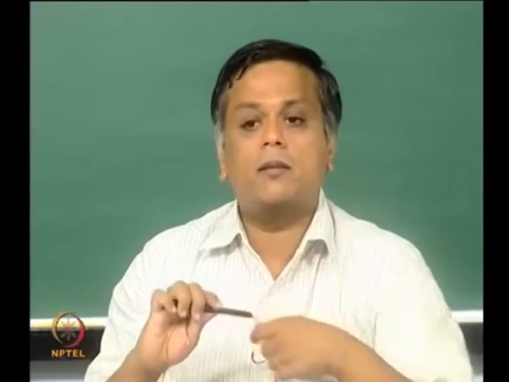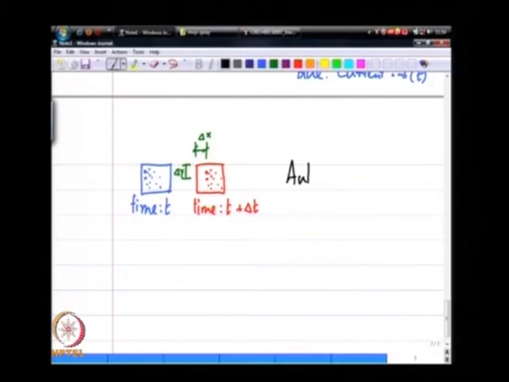This process is mathematically called an autocorrelation. So, delta x and delta y